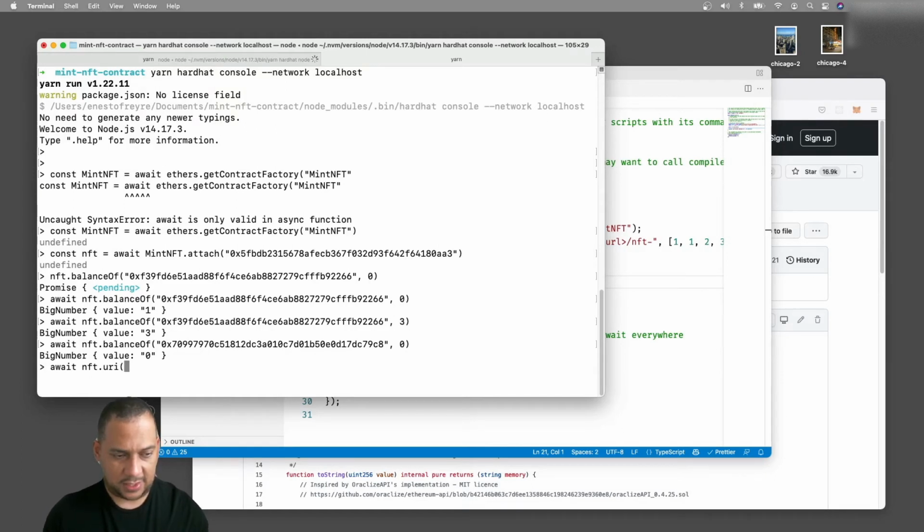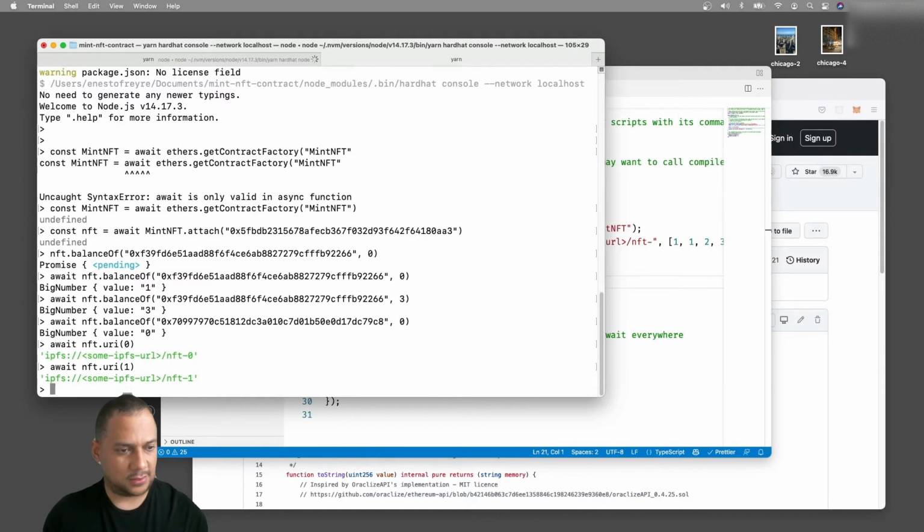And for this, we only need to specify the token. So let's say we want the URI for token 0, and we will get that, some IPFS URL that we used in the deploy, and NFT-0. Same for 1, right? So our contract has the basic functionality.